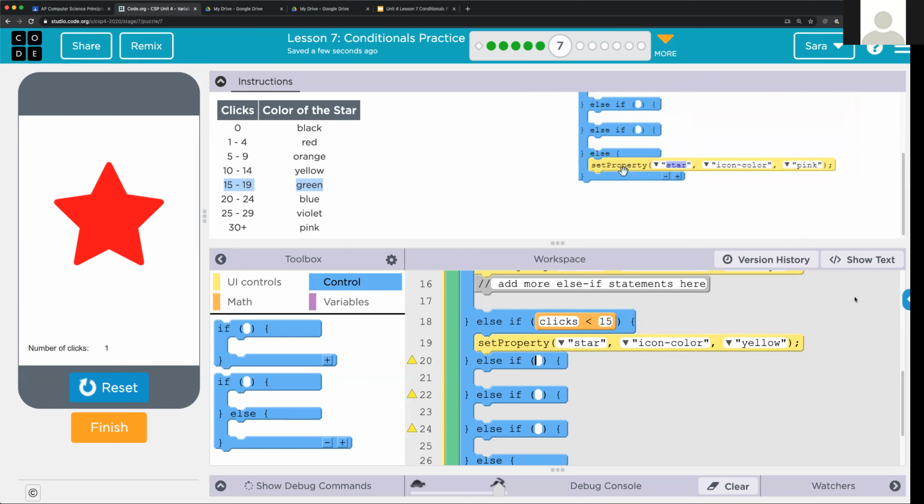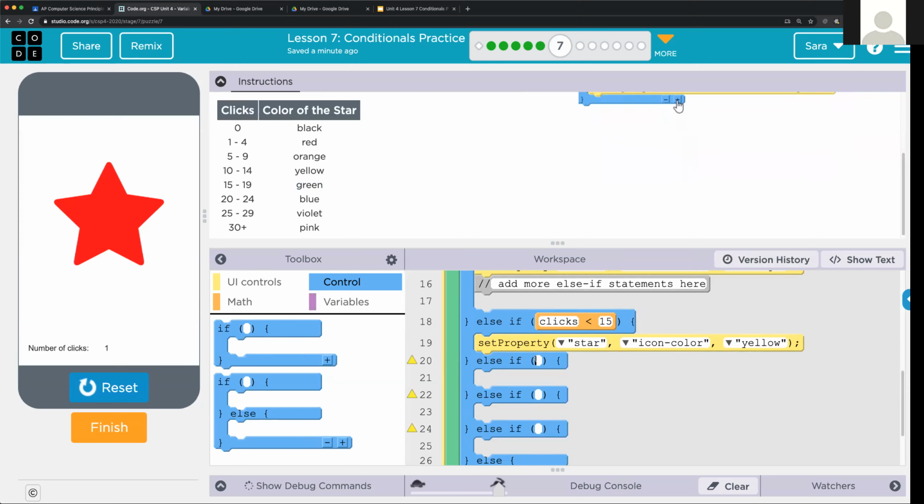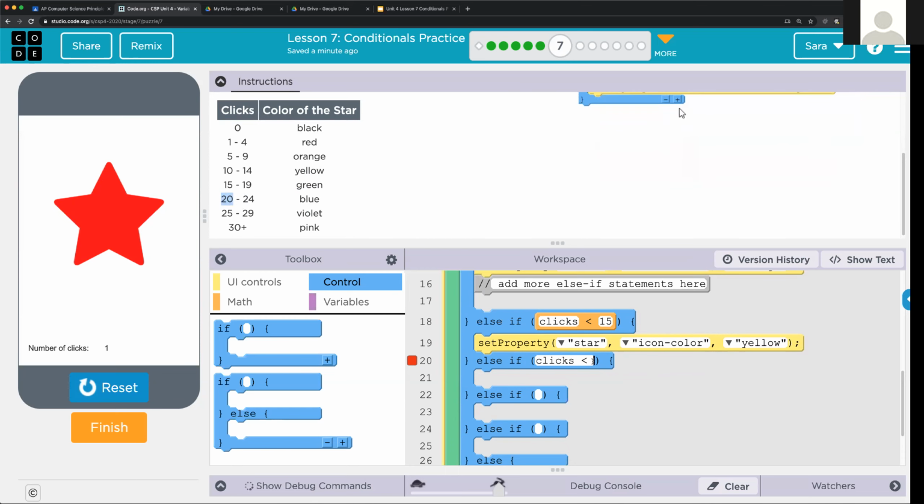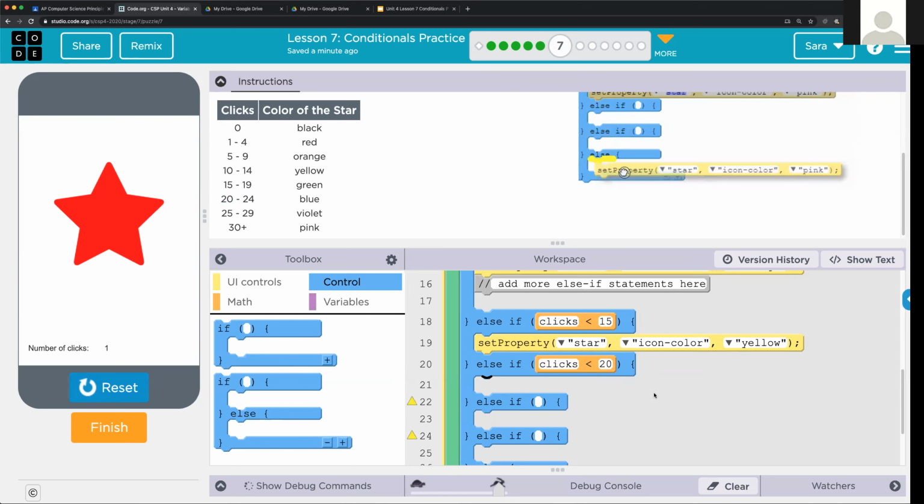So take a look. Yeah, so if I take a look at the previous example, I can see that I don't have to check for my lower number, right? I don't have to check to see if I'm at 15, because I know if I get over here, I know that the number of clicks is going to be 15 or higher. So now I just want to check to see if I'm within the range at the upper bound. So I want to make sure that my number of clicks is lower than the next level, which is 20. So I want to see, is my number of clicks less than 20? And if that's true,